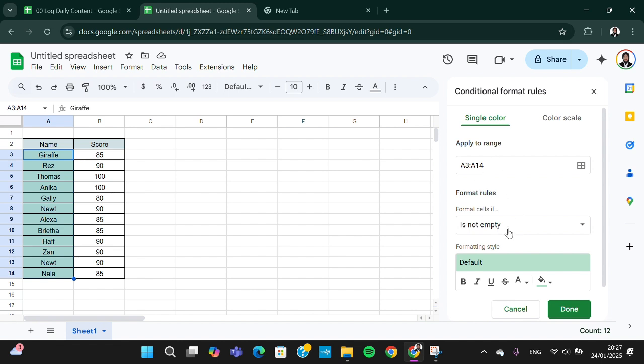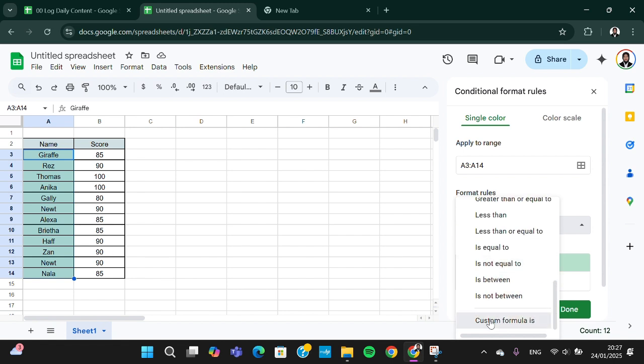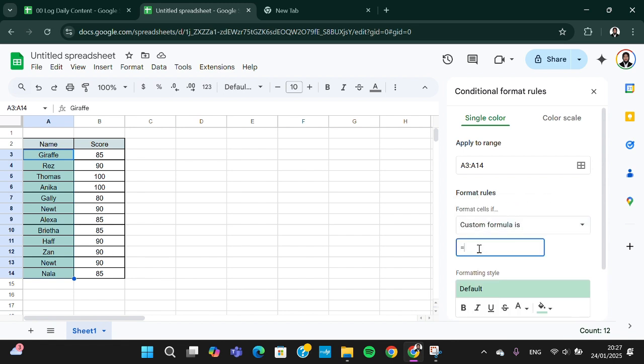Here we can choose the format rules. We can choose custom formula is. Alright, and you just need to follow this formula. We can use COUNTA formula, and then we can select this range, but we need to add a dollar symbol on it, like this. Okay, add the dollar symbol to the range